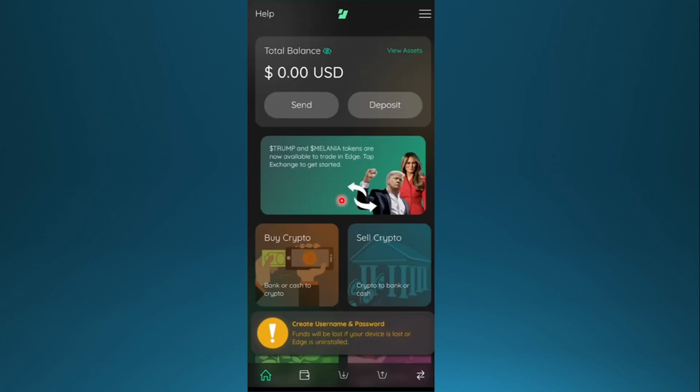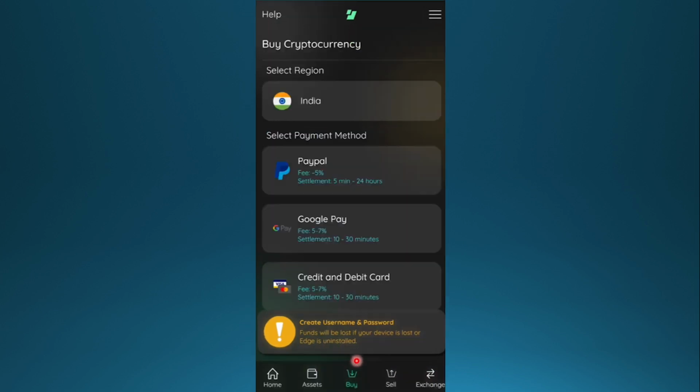Hey guys, in this video we're going to go over how to buy cryptocurrency on the Edge wallet. Now the first thing I want you to do is just launch the Edge wallet. Come at the bottom panel, click on this icon to reach buy. Okay, and on this page you can first select your region and then you'll get the respective payment methods for